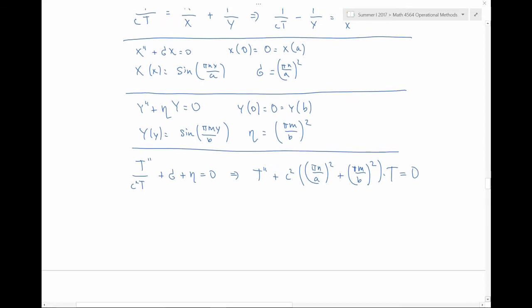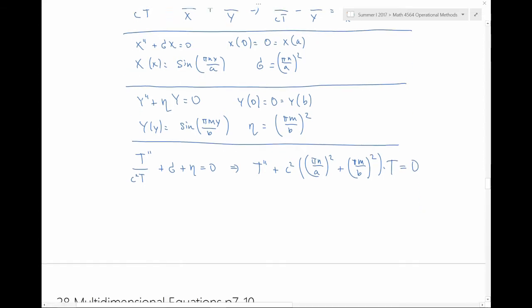This is a second order equation and has exactly the same solutions as the equation we obtained for the single dimension wave equation. That is, that t should be some kind of a constant that depends on n and m